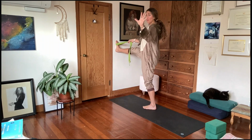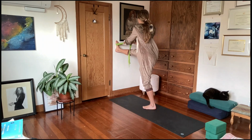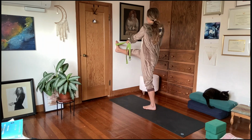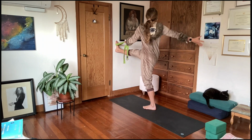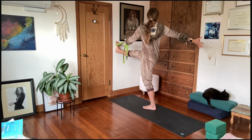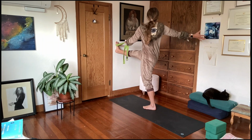Now we're going to change hands. So left hand is going to grab both ends of the strap. Really strongly press down into that left foot, which is on the floor, right foot is on the wall, and then rotate the chest towards the right hip. Maybe reach the right arm back behind you. So you really need to use your standing leg, that quadricep muscle, fire it, pull the muscle away from the knee. Now let's come back to center